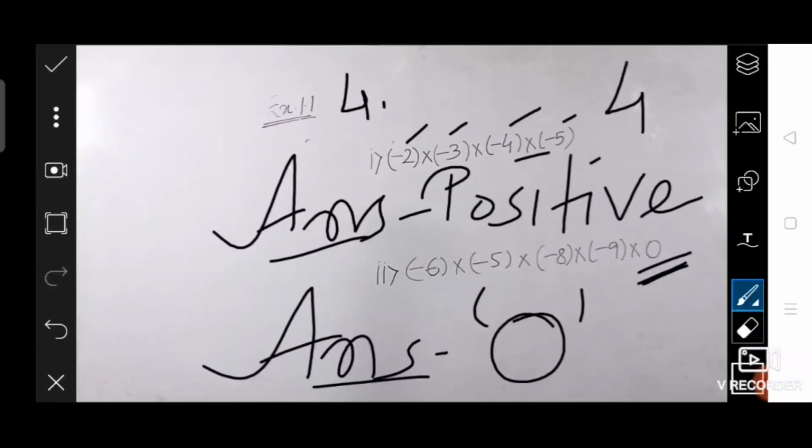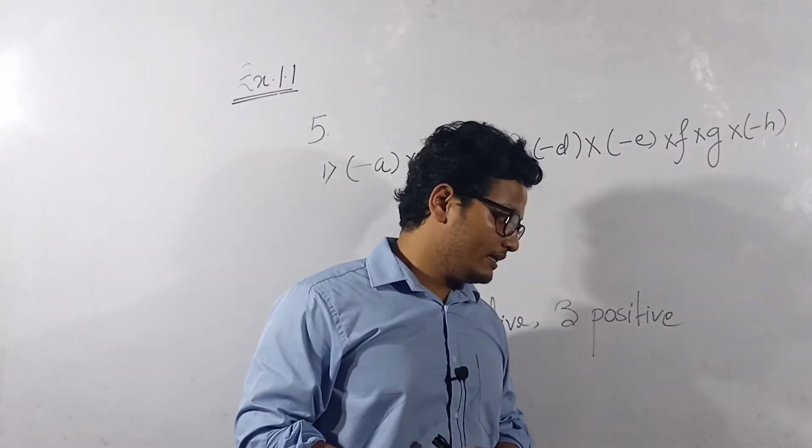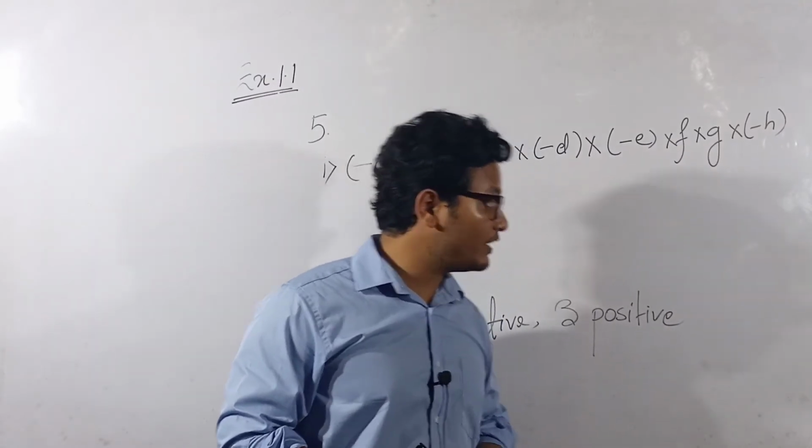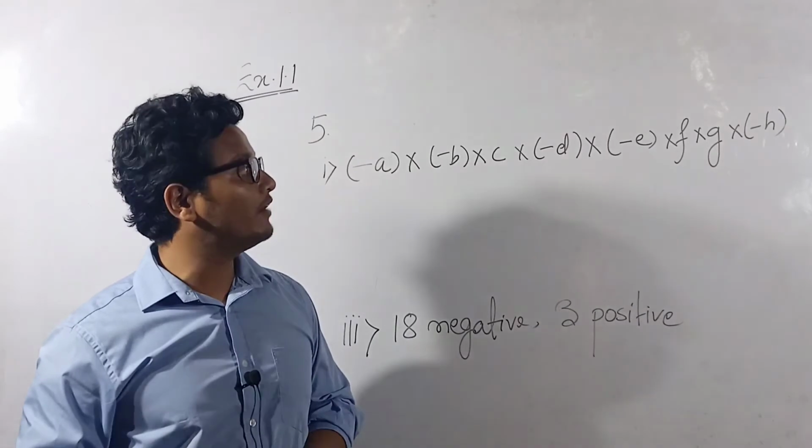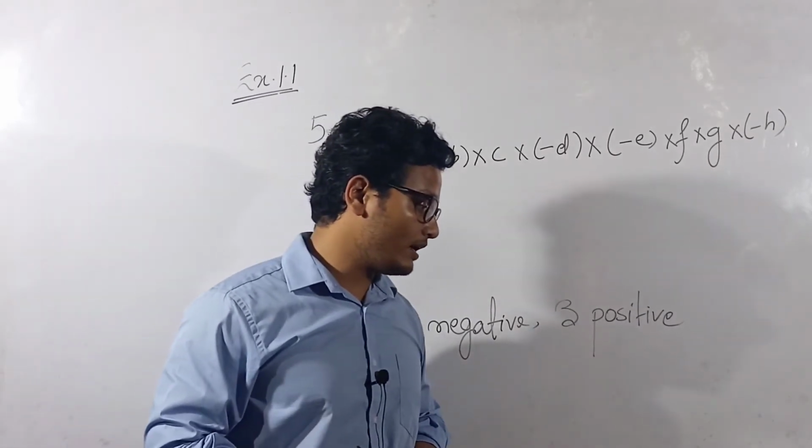Like this, whenever you find an odd number of negative numbers, you give negative. Even number of negative numbers, you give positive. And if it is 0, write 0. Like this, you solve the other problems and send it to me as homework. Given what? State the sign of the products if A, B, C, D, E, F and G and H are what? Are